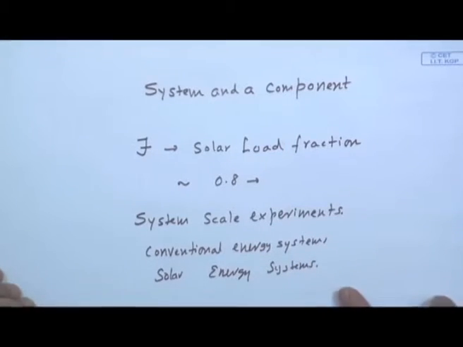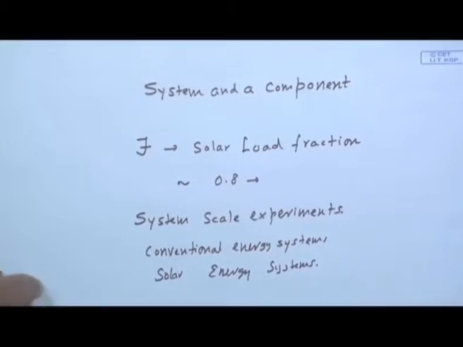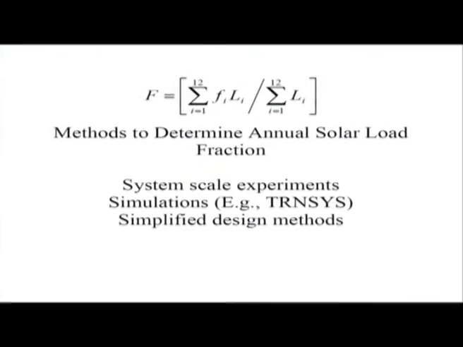A conventional energy system, but for minor differences, is likely to perform similarly given the same input wherever it is located. Whereas, the solar energy system